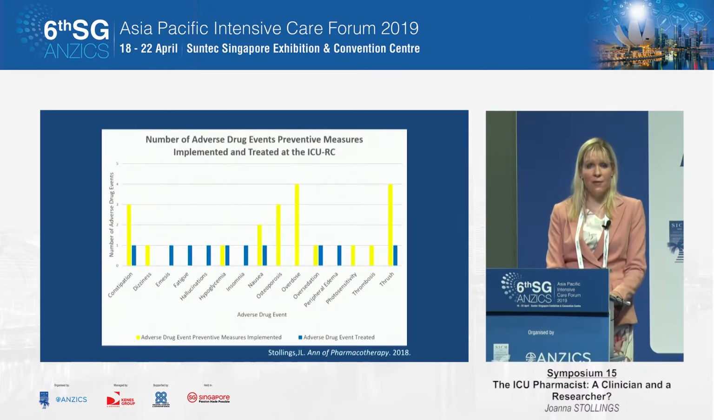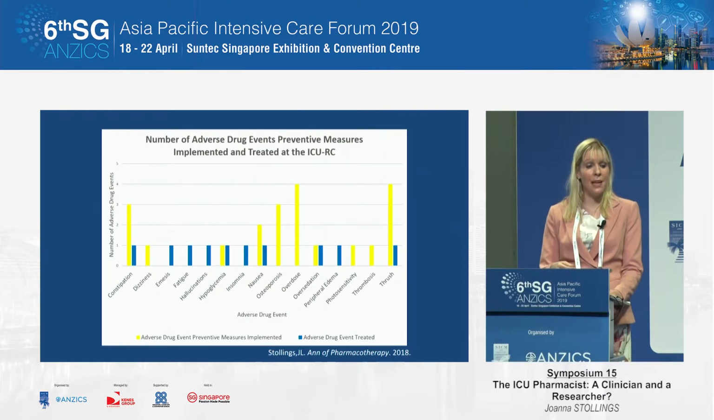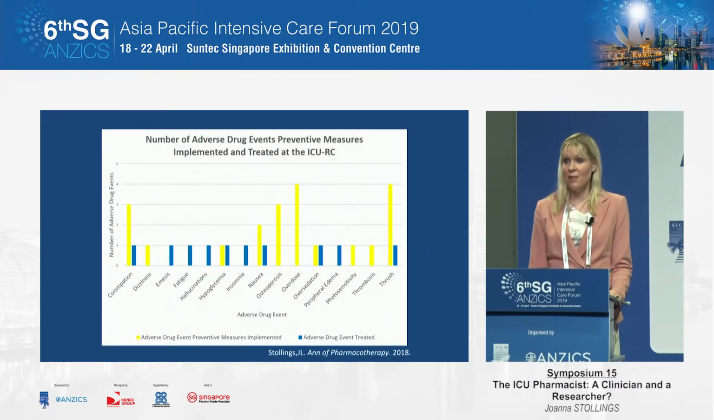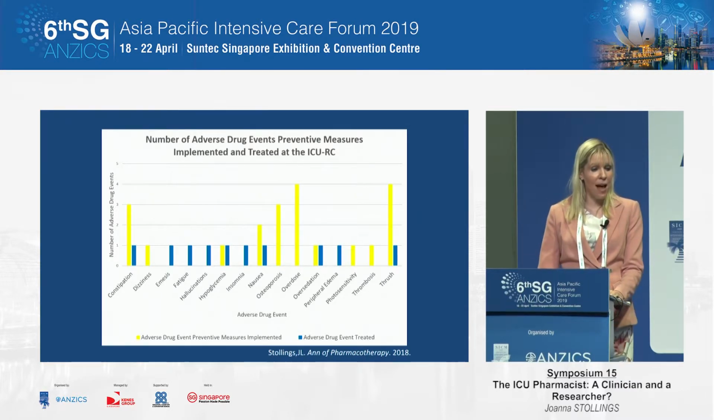We also made numerous interventions with regards to adverse drug events, so implementing preventive measures and also treating them. If you look at the yellow, these are the adverse drug event preventive measures that we implemented. So we implemented measures against constipation, also diarrhea, also hypoglycemia, nausea, osteoporosis, overdose, oversedation, photosensitivity, thrombosis, and also thrush. There were numerous patients that we saw that were on inhaled steroids that were not washing out their mouth. And then we also treated adverse drug events such as constipation, emesis, fatigue, hallucinations, hypoglycemia, insomnia, nausea, peripheral edema from